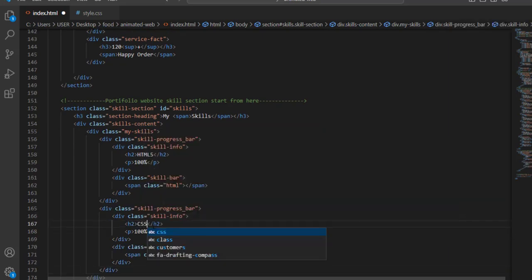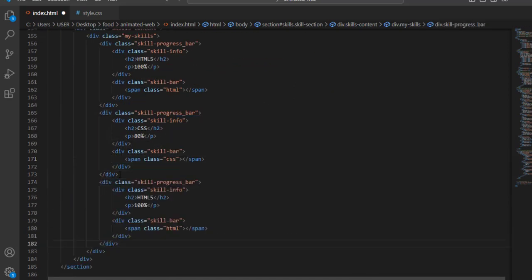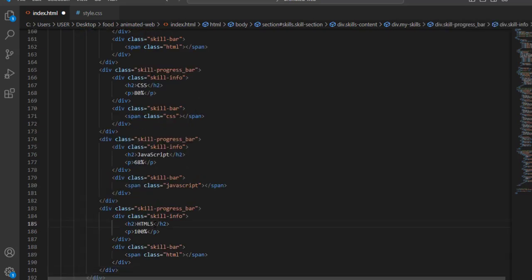Paste right here and change this HTML into CSS percentage, 80% and class CSS, and again copy and paste right here. JavaScript. Let's say my skill for JavaScript 68%, and here we have a class for JavaScript, and then again paste right here. Python, my Python skill, let's say 85%, and class Python. Alright,